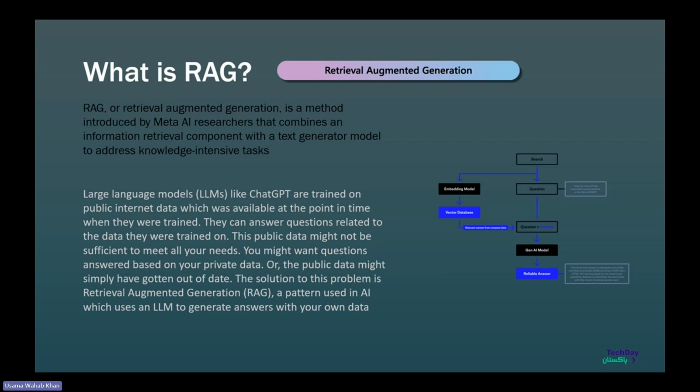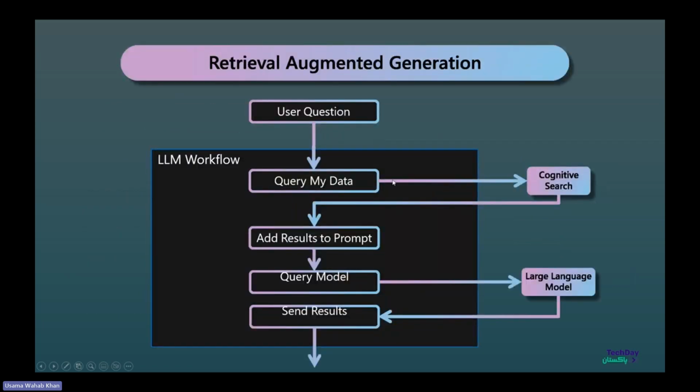So what we normally do is take our data sets and break them down into smaller chunks, then convert them into vector embeddings. Vector embeddings are something like a high dimensional space where one thing is closer to another if they have closer relevance. And this is how the workflow looks. We create those data sets, convert them into vector embeddings, and then store them in vector databases.